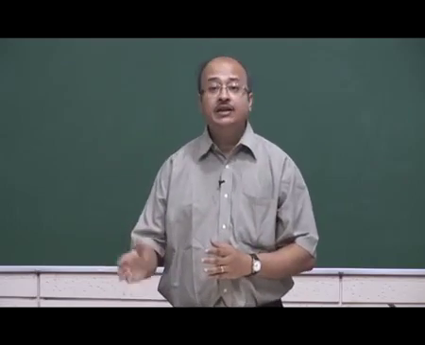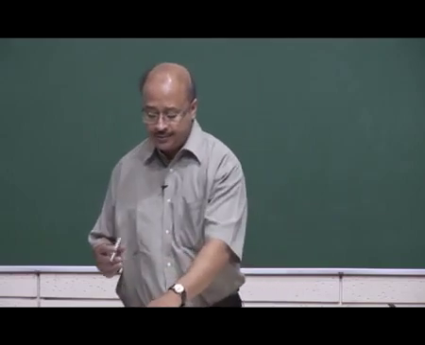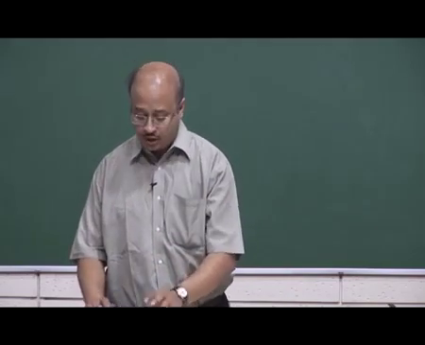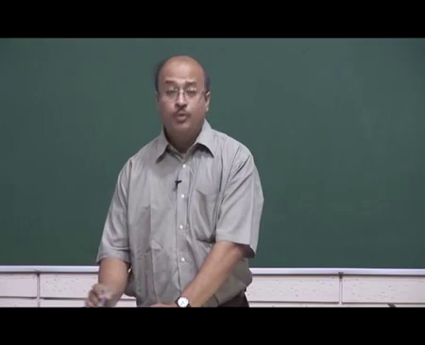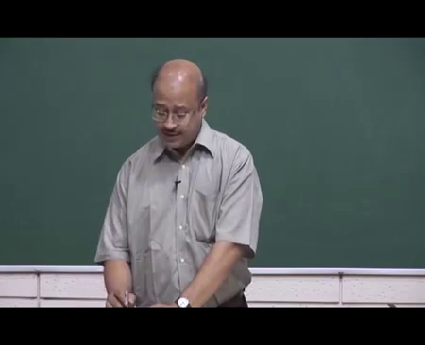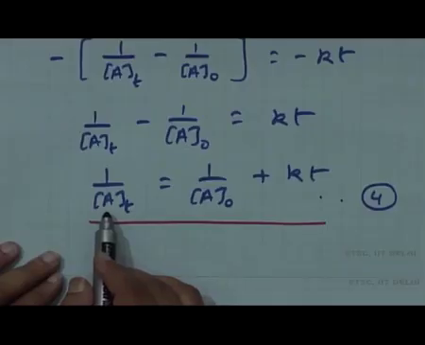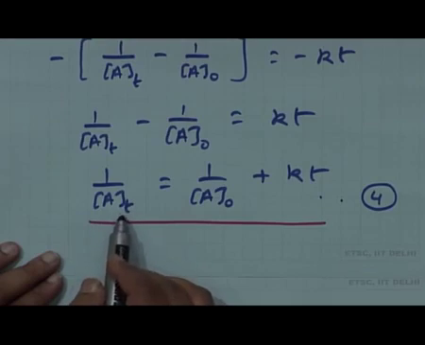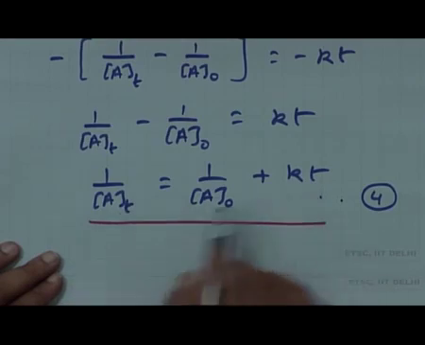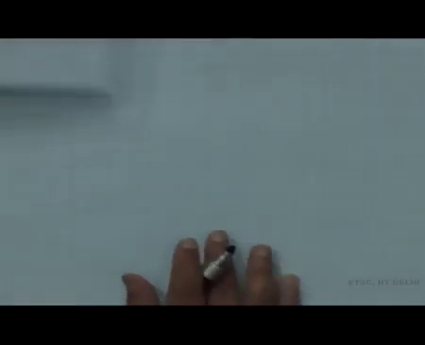So what we see again is a linear equation, there is a linear dependence. So what is the linear dependence of? So you can see, if I go by this equation 4, and I plot the reciprocal of A t, that is 1 by A t, against time, I should be getting a straight line with a positive slope. So which means